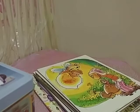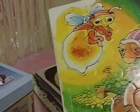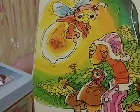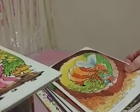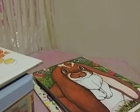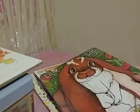So something a bit different. This was $1.29. I thought I'd take the risk because I liked the top puzzle here, and this is all I could see basically. So this is a Play School Lightning Bug puzzle, and it's from 1976. And then we have this honeybee one, and again, it's from 1976, so very 70s. So these were all like bundled together, so I couldn't make out what was in the package. It wasn't until later when I cut open the package that I could see what I actually bought. So I'm glad I bought it just for those 1976 puzzles, because under that, those two,